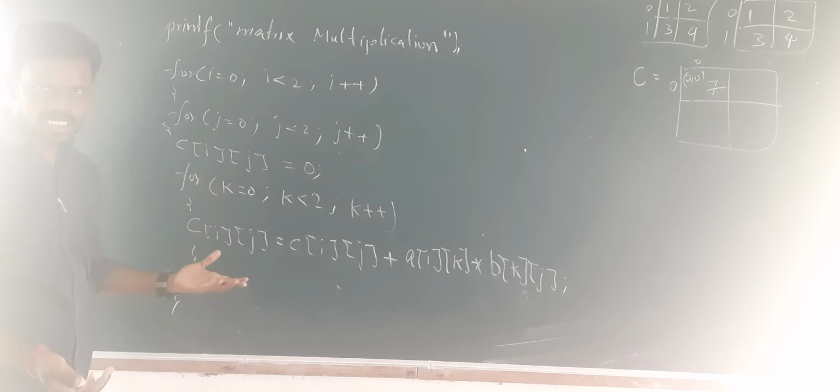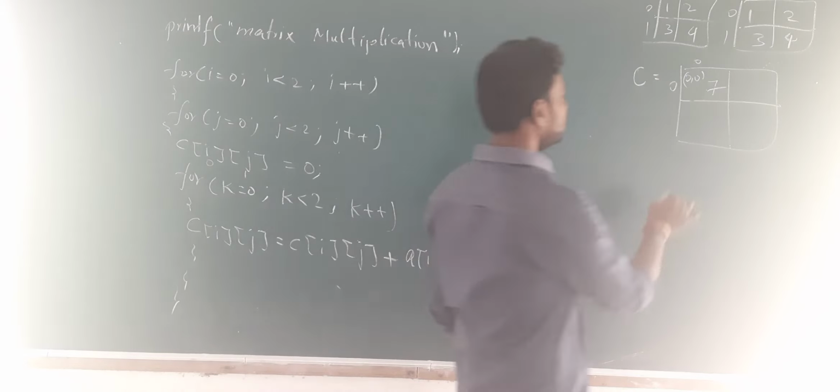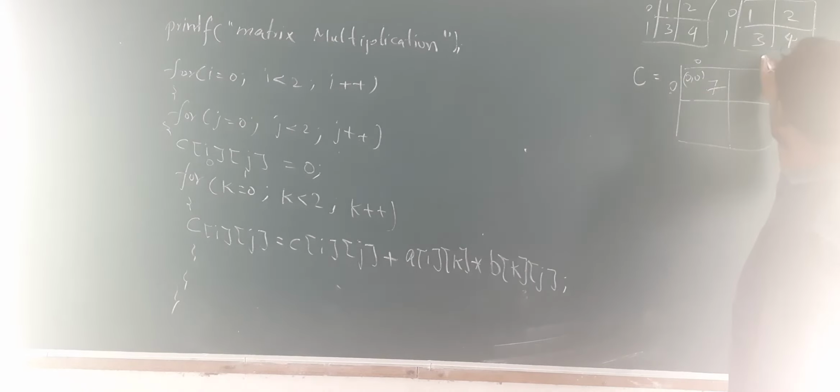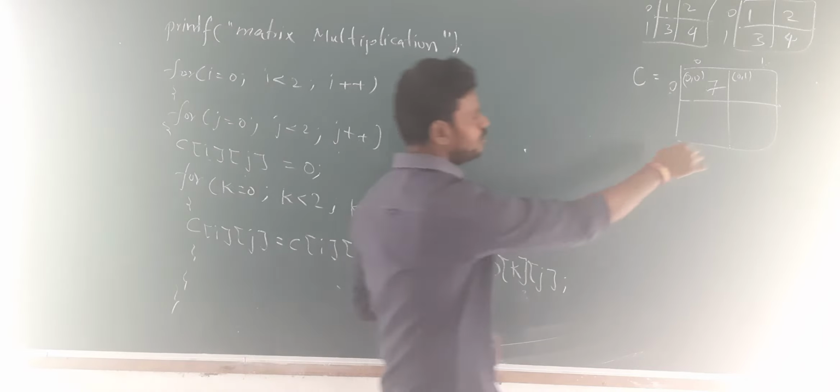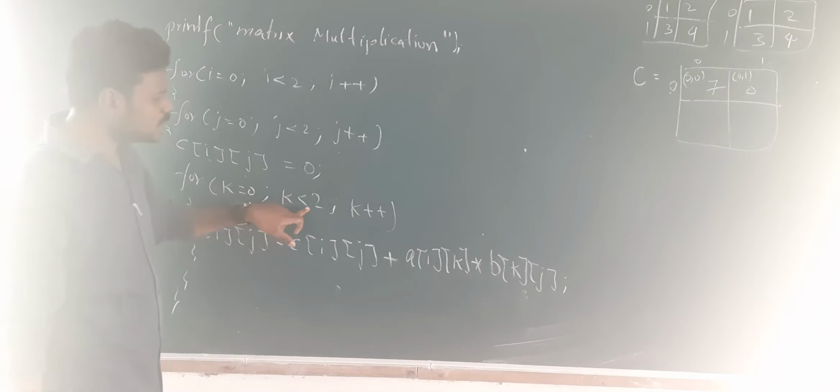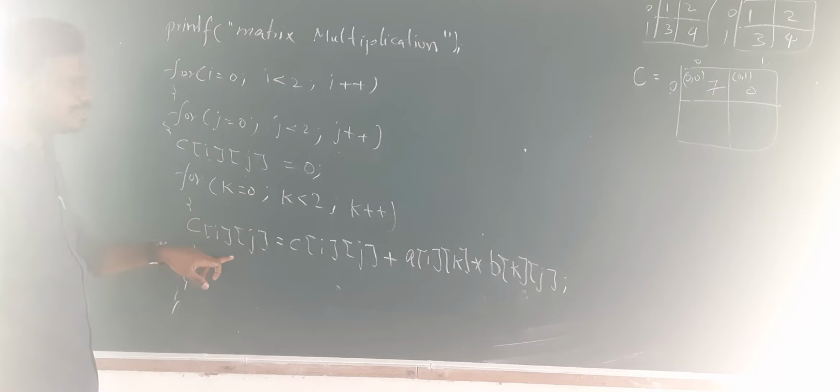1 less than 2, yes it is 2. I will be entering into this. I is 0, J is 1. Where are we going? I is 0, J is 1. And we are at this particular position now. Now I am getting into this K. And we have made C of 0 1 into 0. I will be placing 0 here. Now K equals to 0, 0 less than 2, as it is 2. Now I will enter into this.